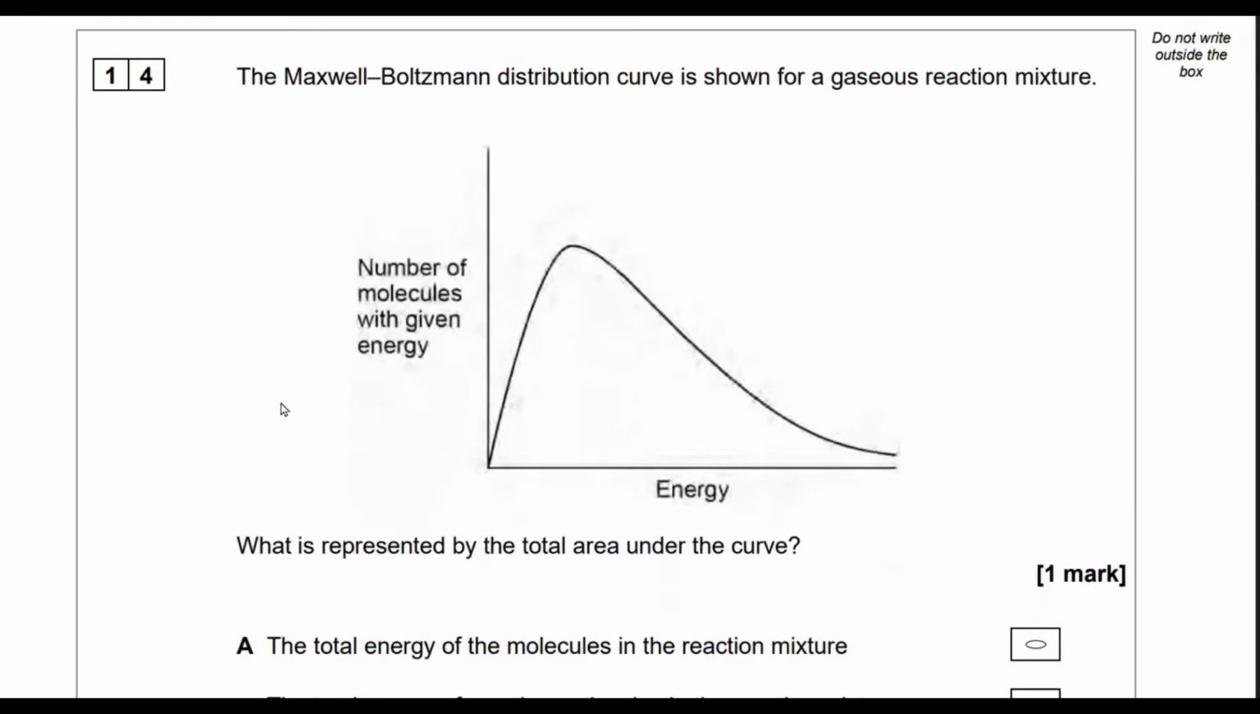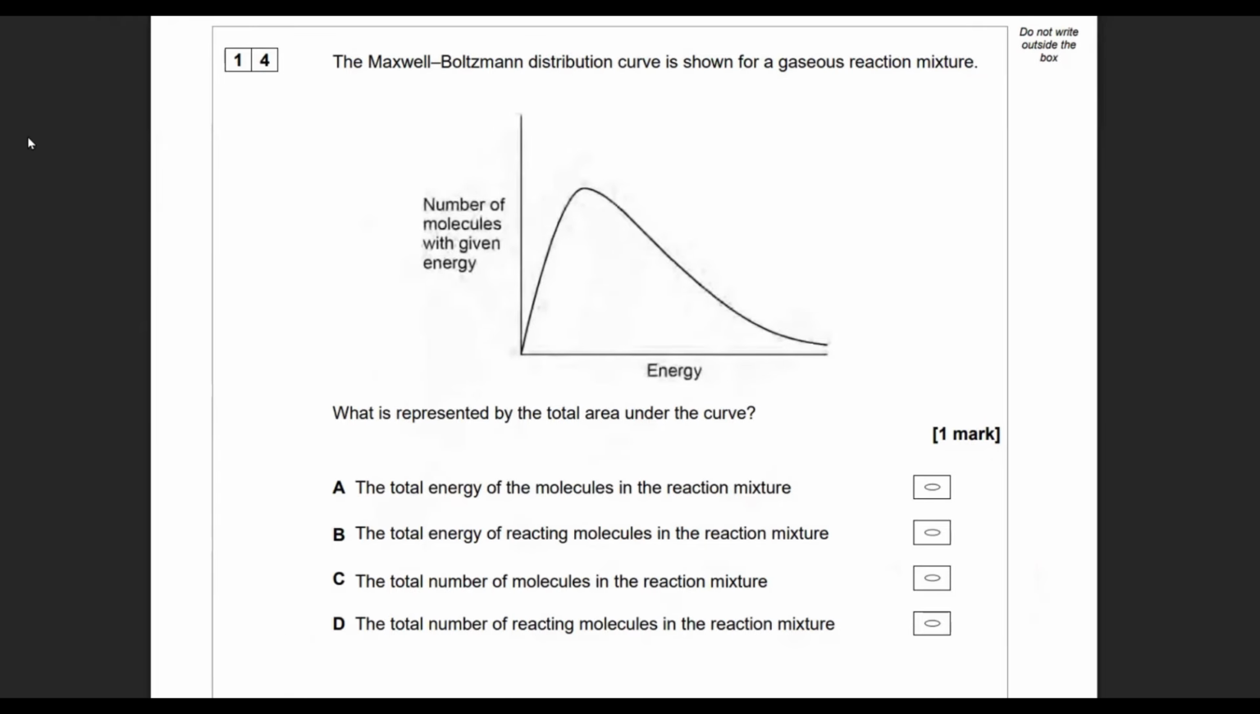Okay, looking at question 14, the Maxwell-Boltzmann distribution curve is shown for a gaseous reaction mixture. You could say gaseous or gaseous, however you like to say it. I like gaseous. Number of molecules with given energy is on the y-axis, and on the x-axis we have energy. What is represented by the total area under the curve? Well, it's not going to be A, the total energy of molecules in the reaction mixture, but remember,